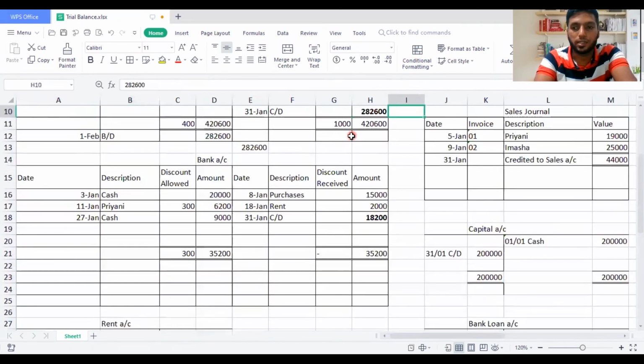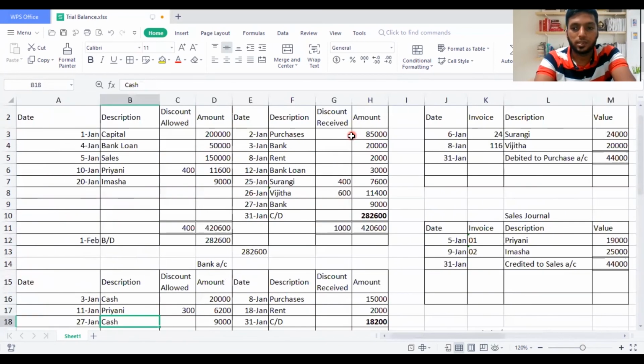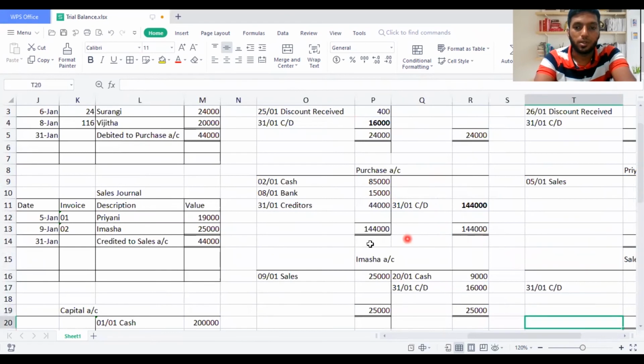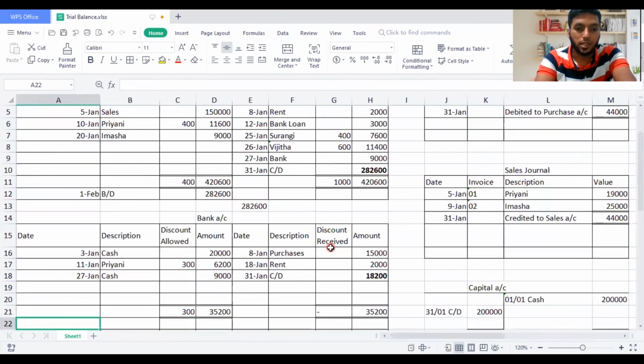Whenever I take the values, I just darken it, bold it. You can also put a tick or something when you do it in the exam, so you will not go wrong. And then we have purchases, 144,000. I'll record purchases on the debit side, as if it is on the credit side, take it to the debit side. That's the easy way. Or you can bring the brought forward here as I did for the cash account and do it one by one. So the purchases account is 144,000.